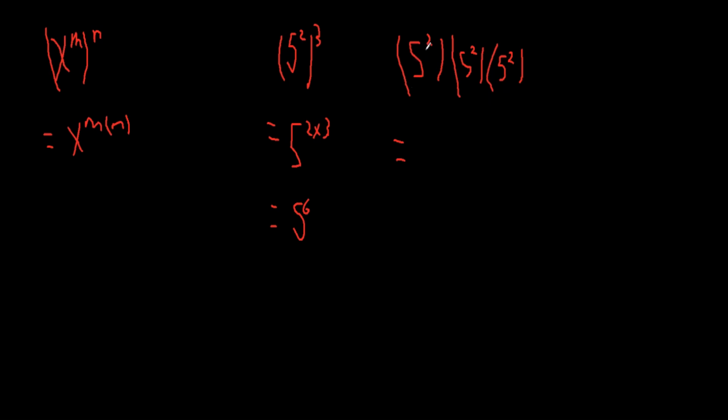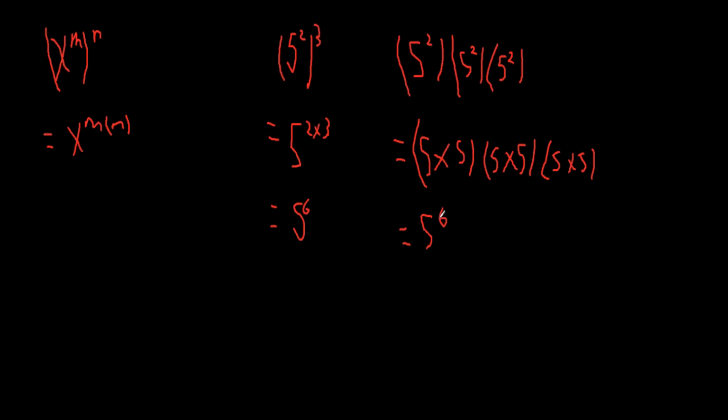We have to expand each 5 squared. So that gives us 5 times 5 times 5 times 5 times 5. And if you count the number of 5s, we have 1, 2, 3, 4, 5, 6. So that's 5